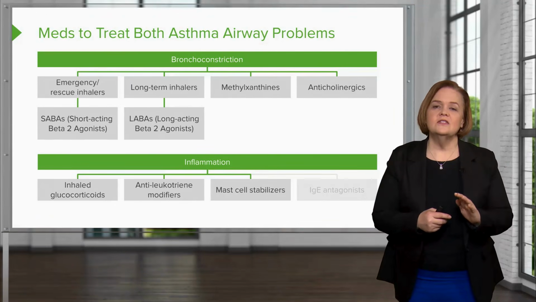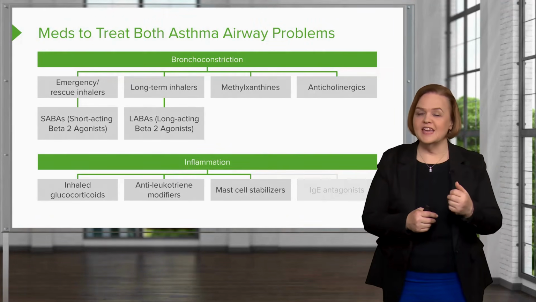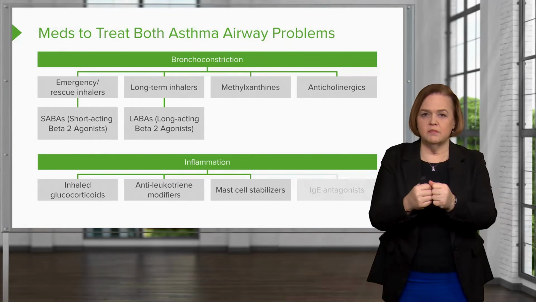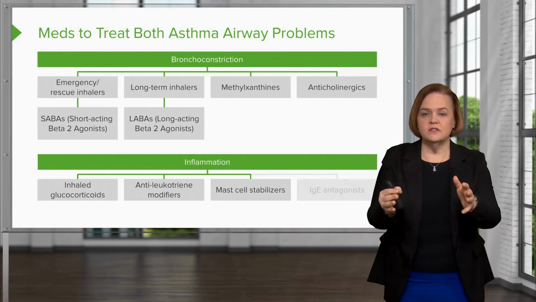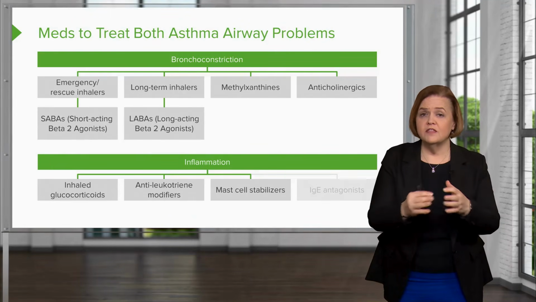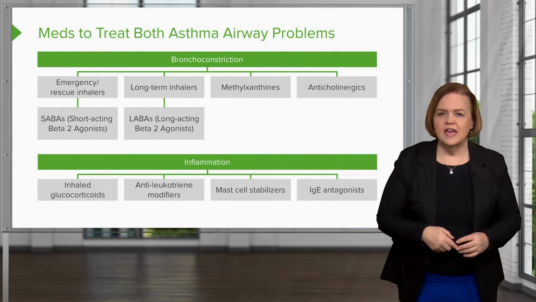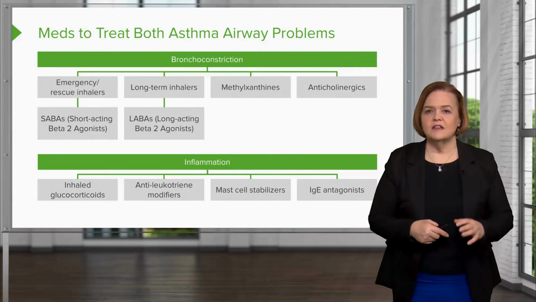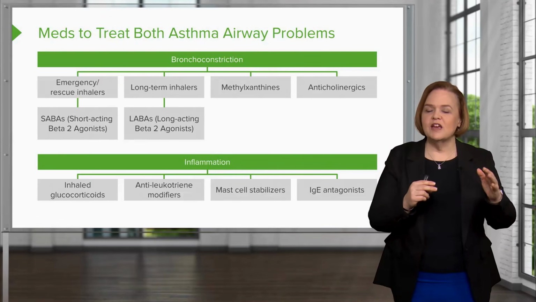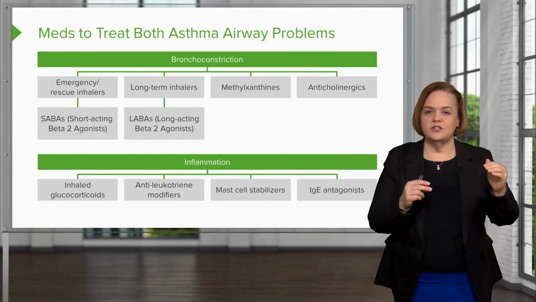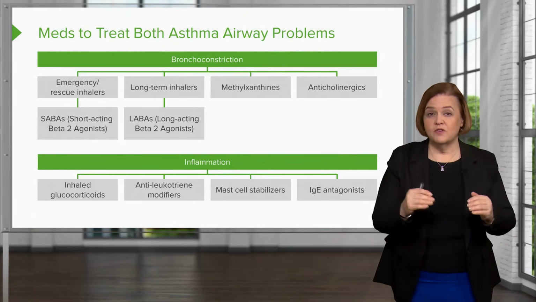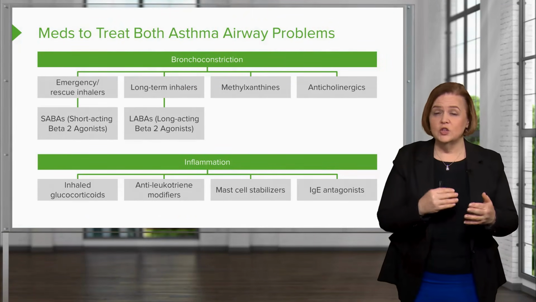Mast cell stabilizers. Cool. Again, back to that slide. Remember when the allergen and IgE connects to the mast cell and that stuff starts being released? If I can stabilize that mast cell membrane, I'll prevent those things from being released. And last, we have IgE antagonist. Brilliant! That is so cool. Because remember, the very first step was IgE connecting to the mast cells. So here's where it pays off with all the hard work that you did on that slide, looking at the